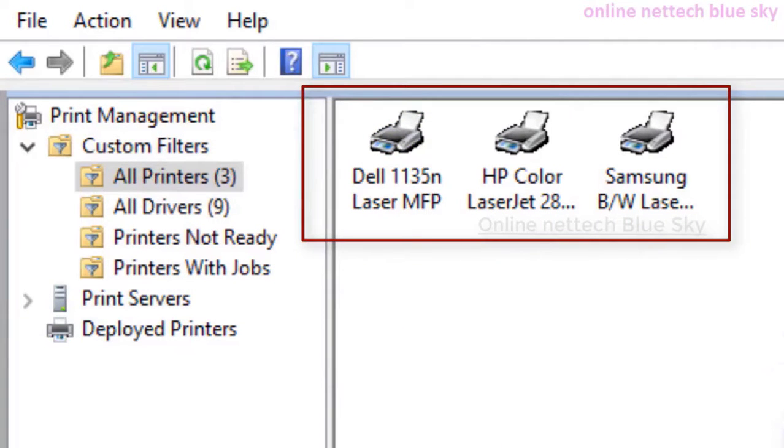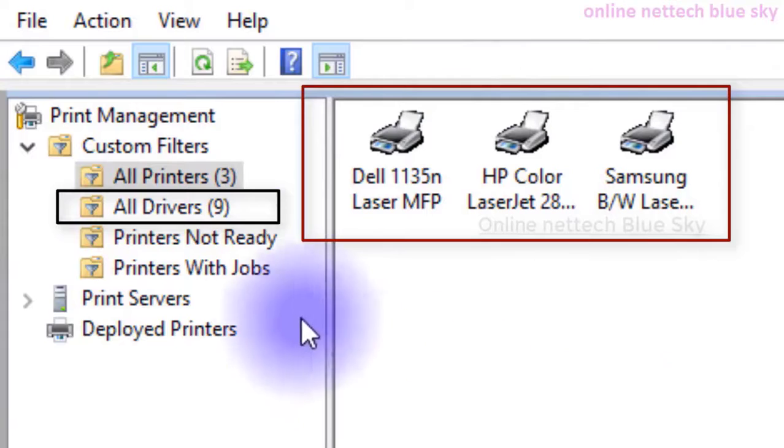First, for your printer, you want all the drivers. Without a driver you cannot install your printer.